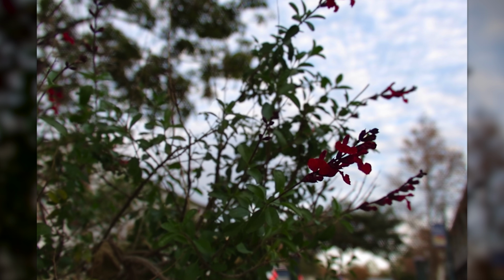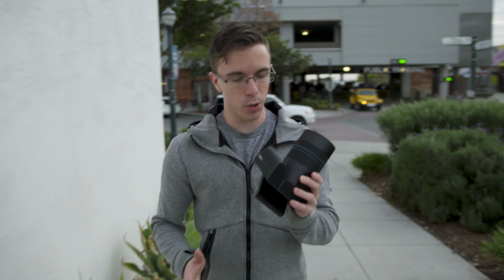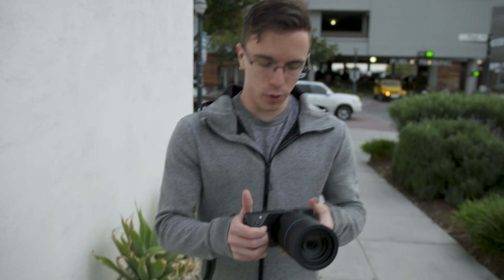There's a lot more kind of depth to work with. So handling wise, it's not bad. It might not be the most ergonomic camera in the world. However, the weight is not